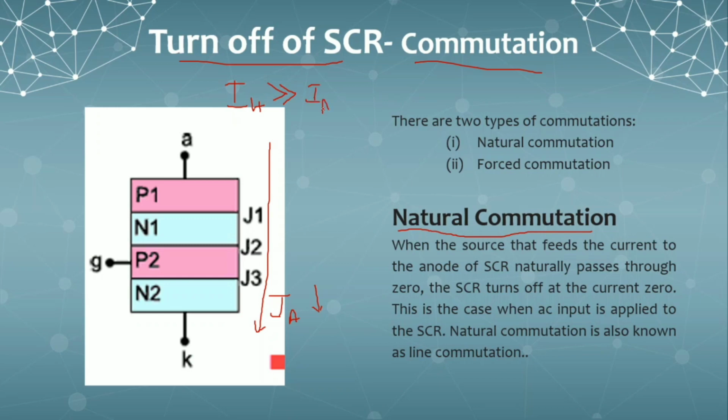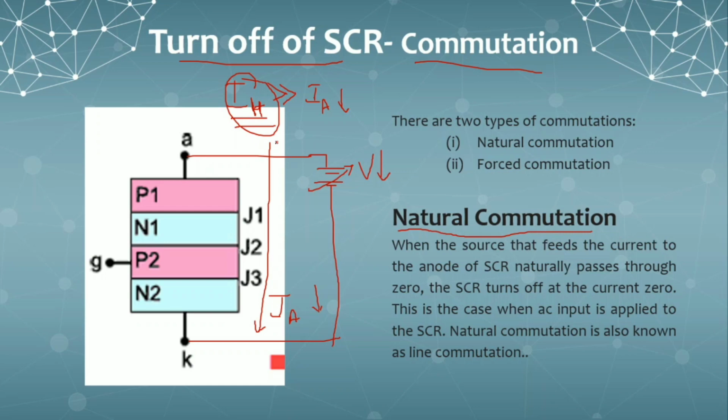That is, I have to decrease the anode current such that it is even less than the holding current. How can you make this? You can reduce it by reducing the source connected to the cathode and anode. So, you will be having a voltage source connected here. If you reduce the voltage source, you can reduce the anode current so that its value is even less than